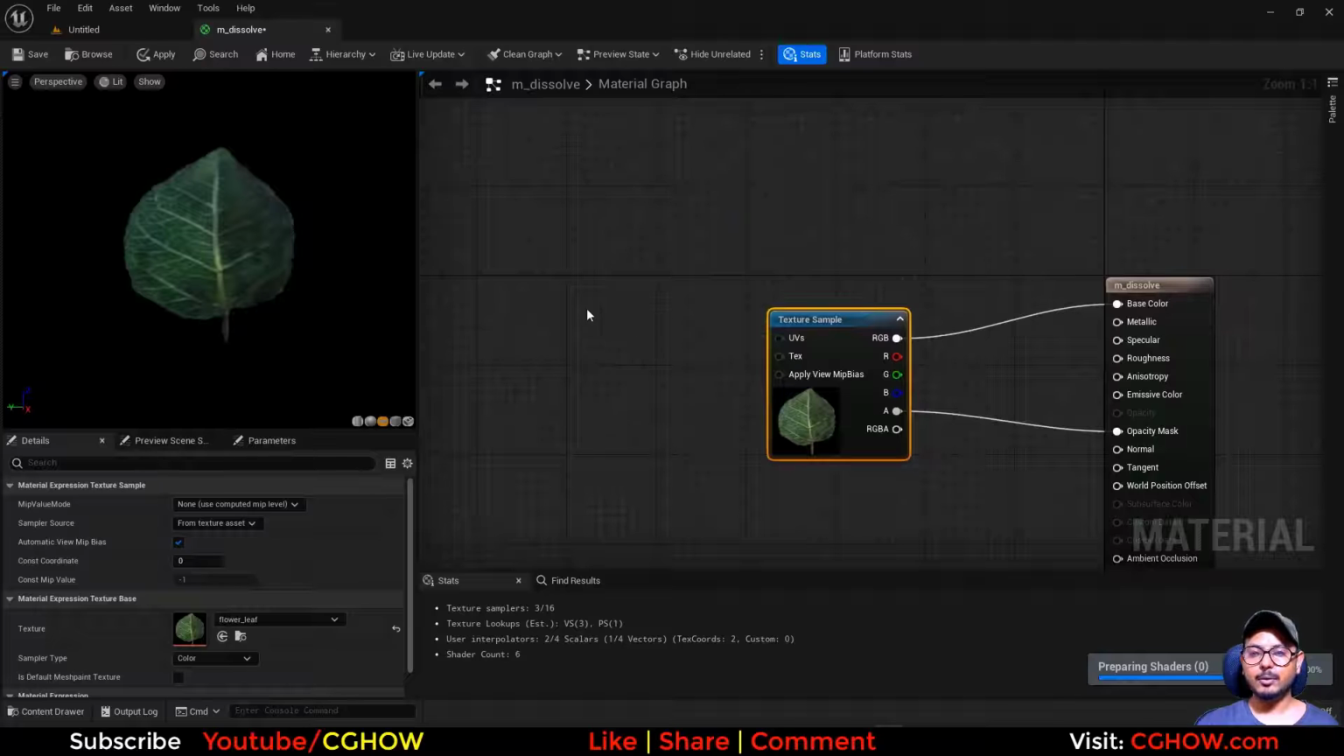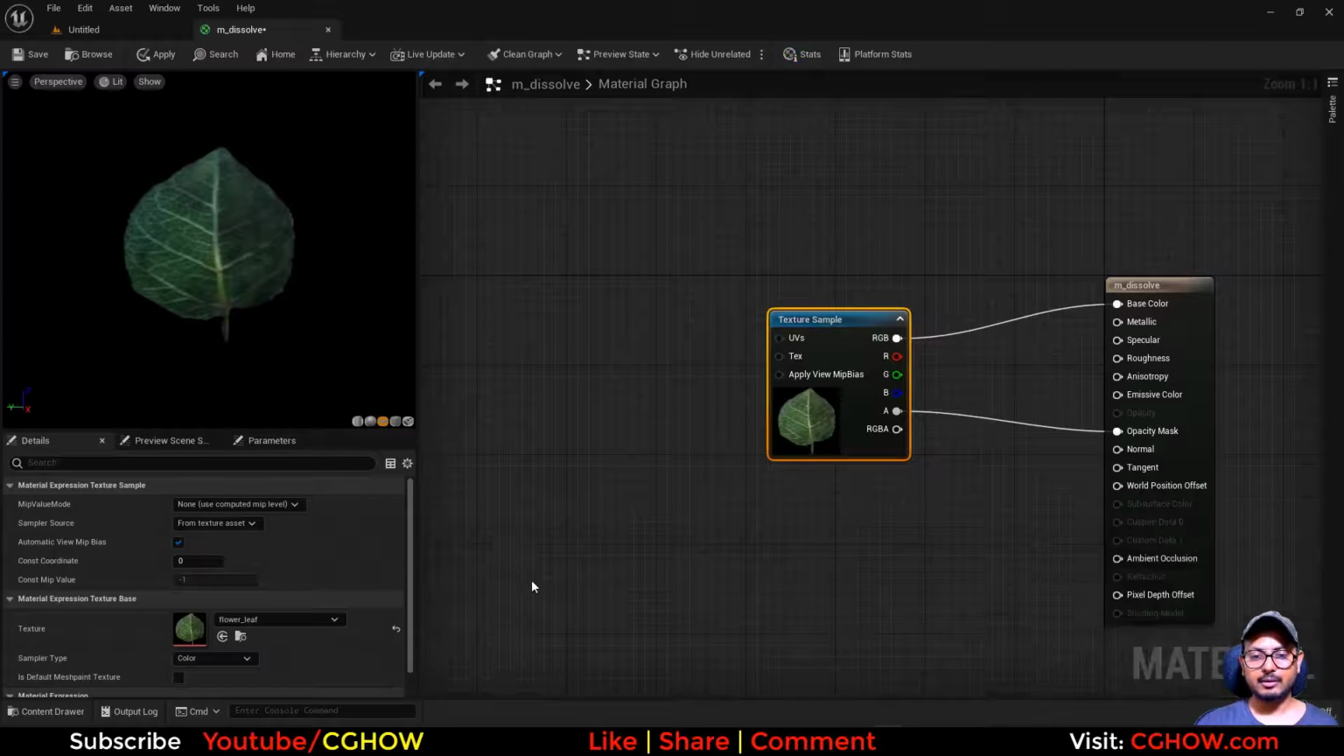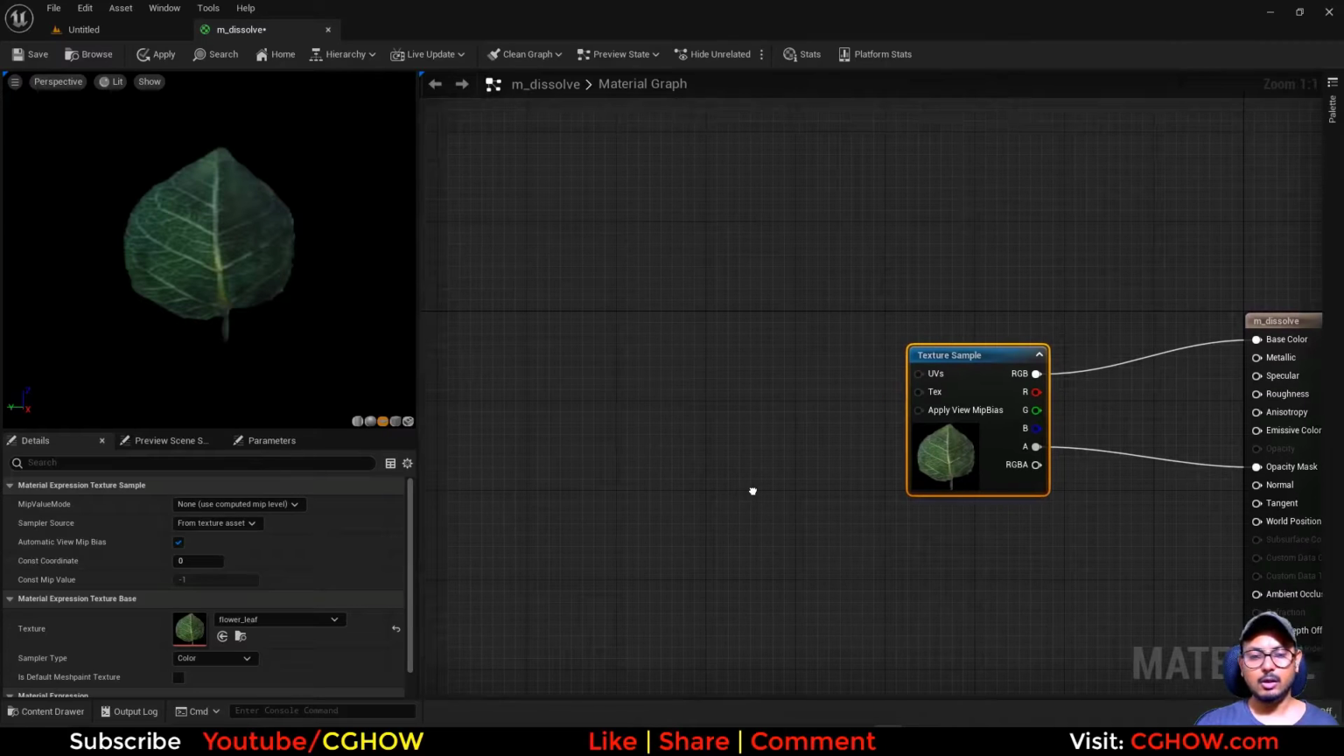Now you have to do everything the same way you do to erode in a material. Just one thing will make your alpha a pixel thing. So like if you